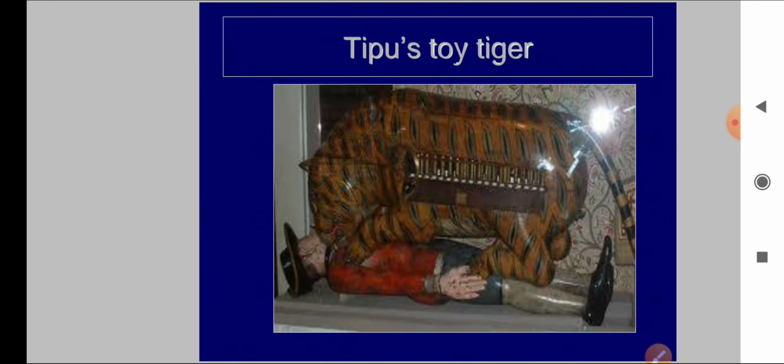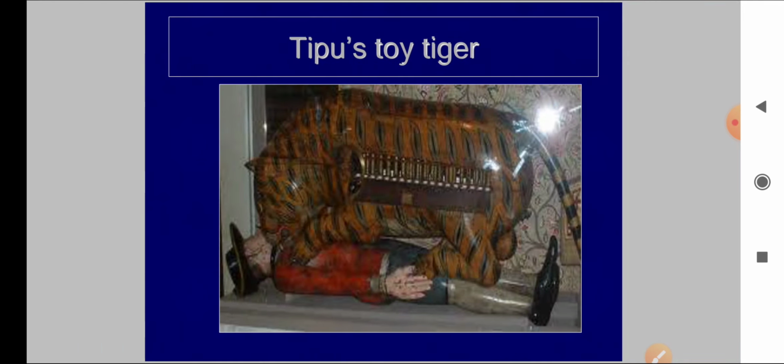Coming to the next part of this chapter, here you can see we will discuss step by step. Tipu Sultan as the tiger of Mysore. Here you can see one tiger is shown. This tiger is the symbol of Tipu Sultan, and the other one is the Britisher. Tipu's bravery is shown here, that he was very strong and powerful. He was very brave like a tiger.